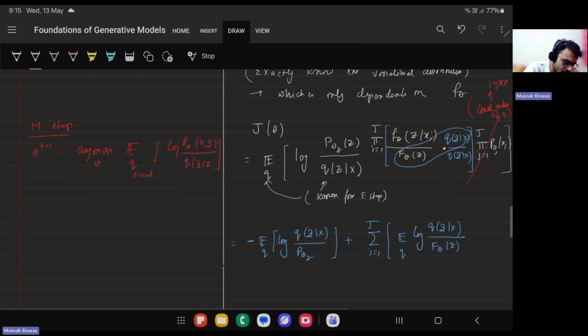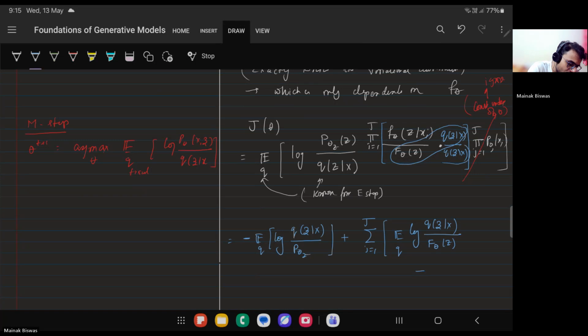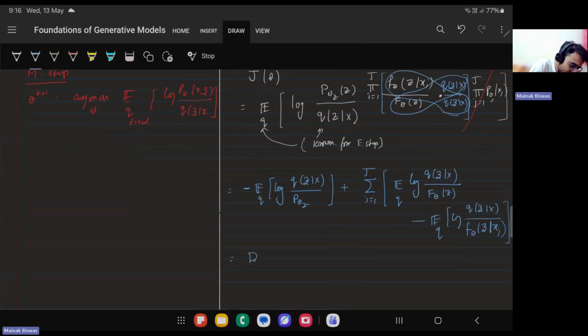F theta of z, plus these two terms, or rather minus the expected value of q log of q theta of z given x by f theta of... Okay. So now as you can see, this first term becomes the negative of the KL divergence,